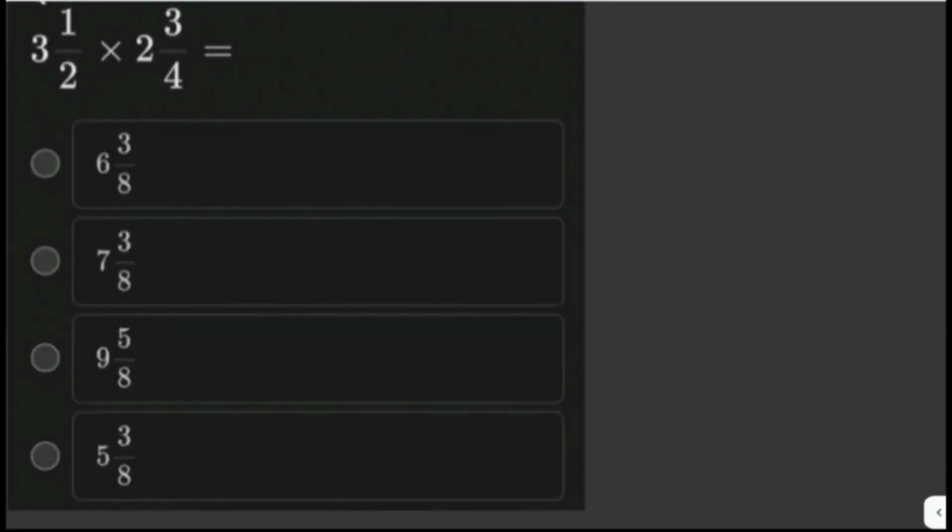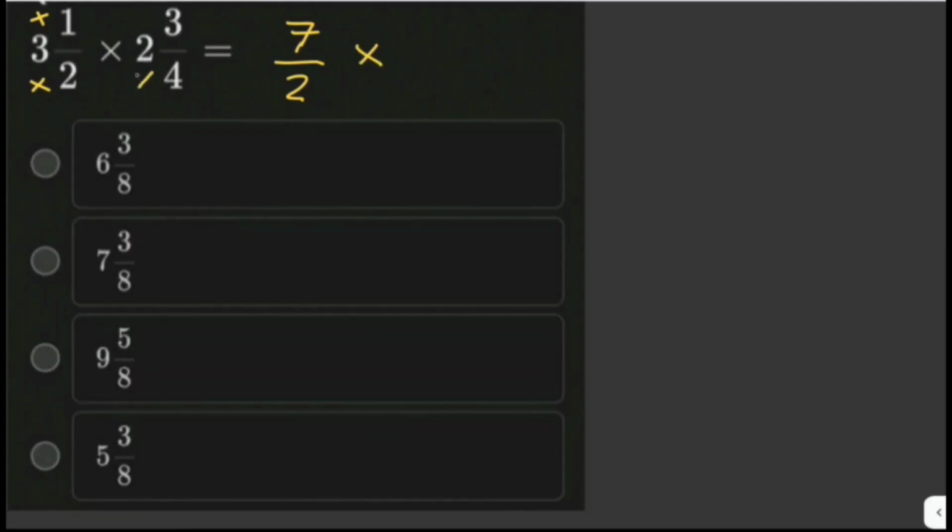And 1/2 times 2 3/4 equals. So the first thing we do here is to simplify each fraction. So we're given here mixed fractions. So we can write each of the mixed fractions into improper fractions. So we multiply 2 times 3 plus 1. So that is 6 plus 1. So this is 7/2